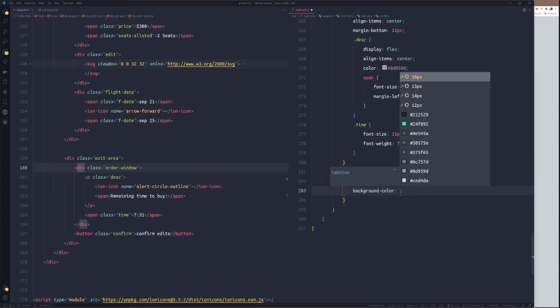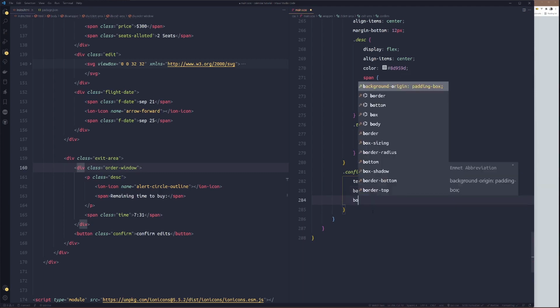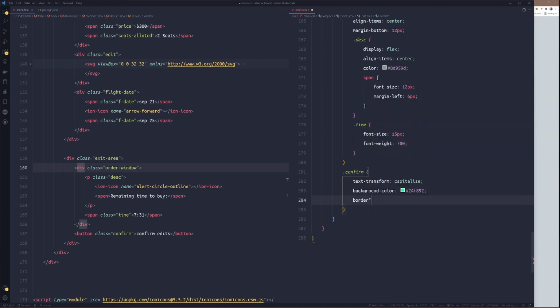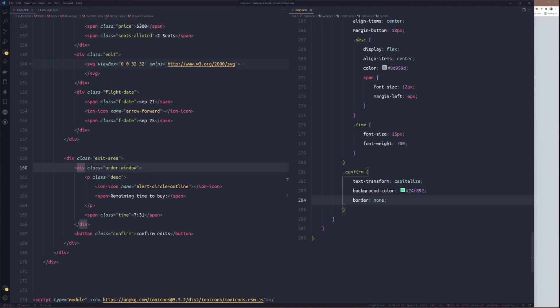Background color, that greenish type of color, which is this one. Then border will be none. We'll set the width to 100%, while the font size and the font weight